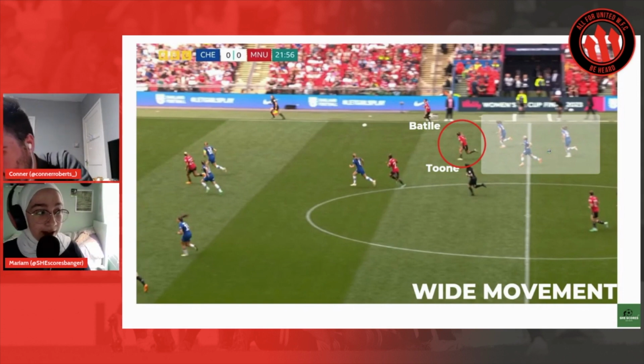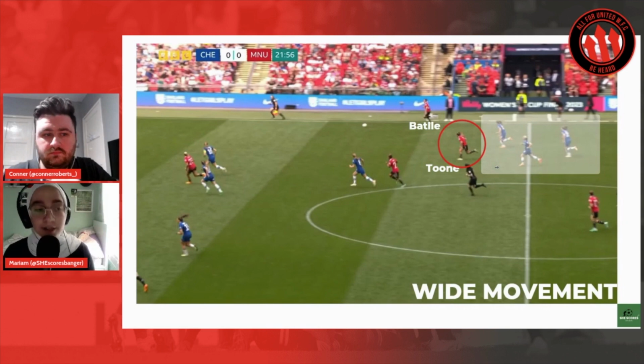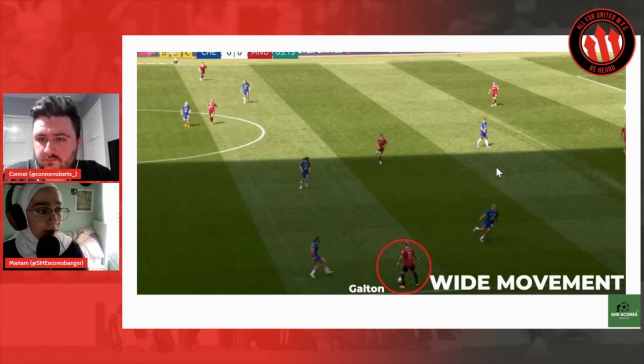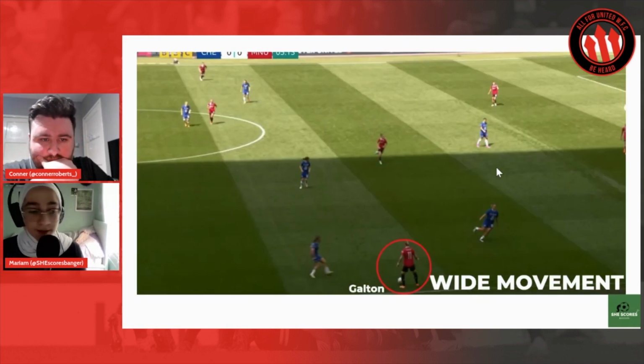And that was in the 21st minute of the first half, and this happened on various occasions, where you've got Toone able to flow in the middle, connect those passes, either releasing Russo or Paris or Battier. She was the middleman in pretty much every single wide movement that was quite successful in that first half. This was another moment, on the other side of the wide wing, Galton,